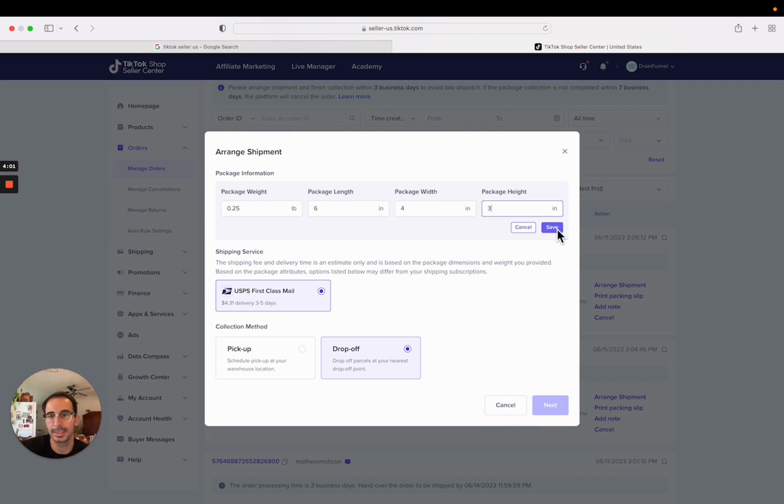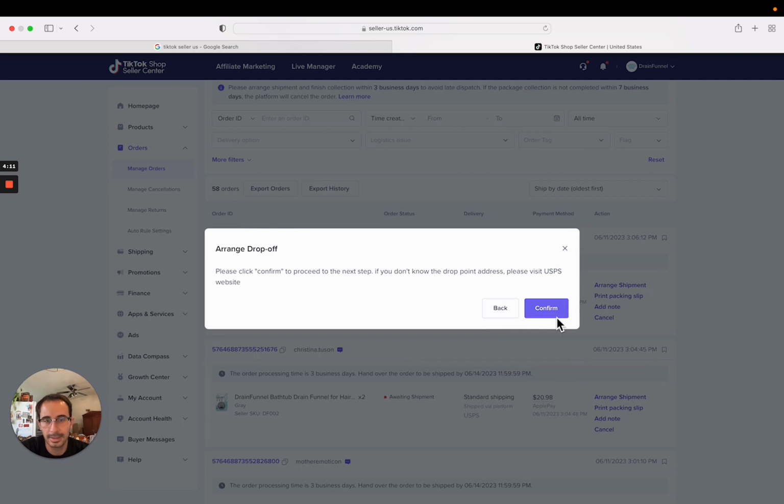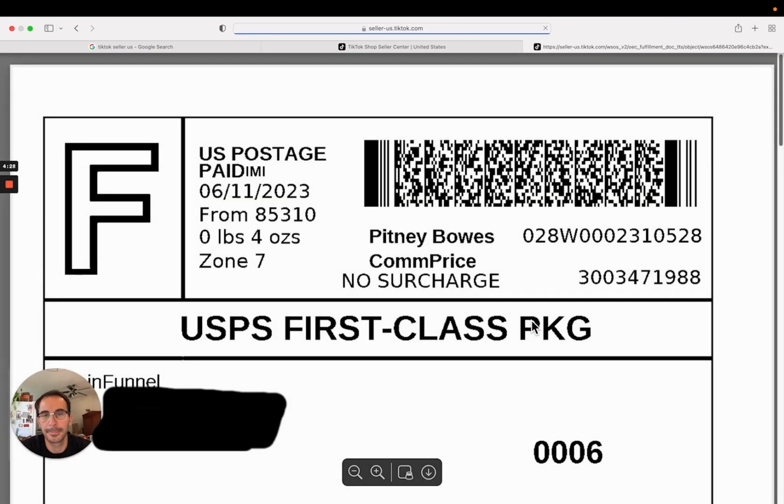And the weight doesn't change for up to 3 drain funnels in a single order. But once I hit save, that cost just dropped like 35 cents or something. And now when I hit next, for all these that I'm doing under the manage orders tab, after I've already batch printed the easy ones, I'm gonna just go in here, change the weight and dimensions, and hit print packing slip and shipping label. That way,